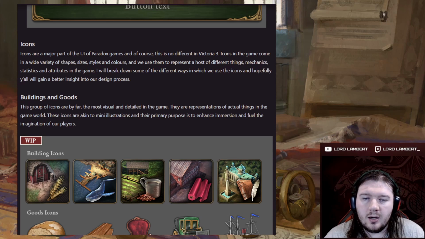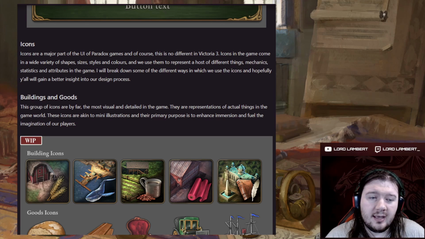So icons are a major part of the UI of Paradox games, and of course this is no different in Victoria 3. Icons in the game come in a wide variety of shapes, sizes, styles, and colours. Oh, he spelled it right. Whoever wrote this dev diary, I love you. Finally, we've got someone speaking the Queen's English. The correct English. The only correct English. Oh, in the dev diary. Yay. It feels good. Shame that, you know, the game itself is using simplified garbage English. Big sad. Anyway, we use them to represent a host of different things, mechanics, statistics, and attributes in the game. I'll break down some of the different ways in which you use the icons, and hopefully you'll...